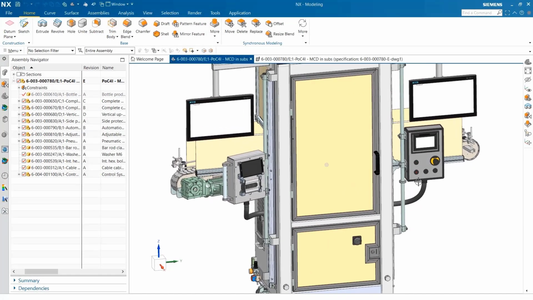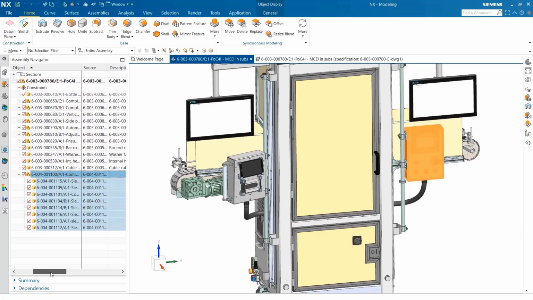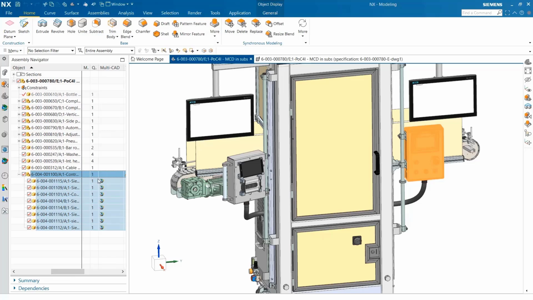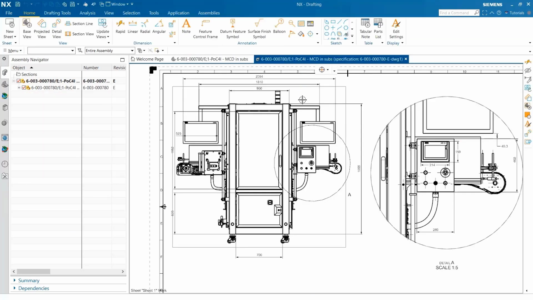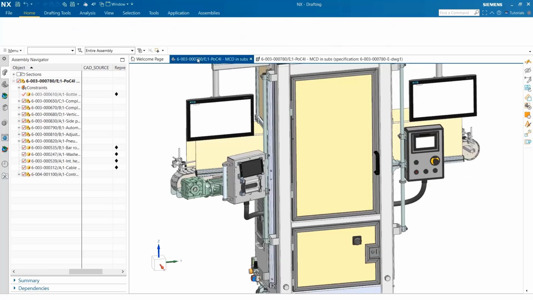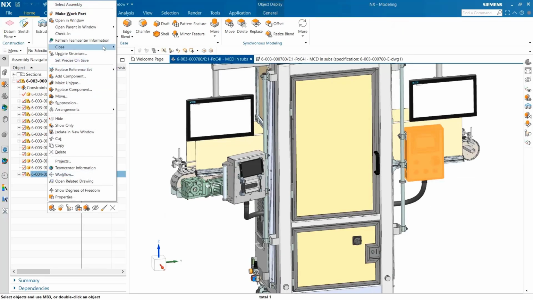Back in NX, we'll integrate the new design revision back into the top level assembly. Here we can see the existing design is derived from the JT data that Solid Edge created, and that revision B is available. We also have a 2D drawing of the GA, which is now out of date. We'll close our existing subassembly,